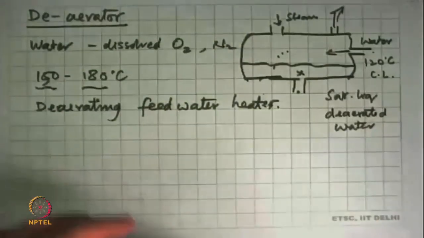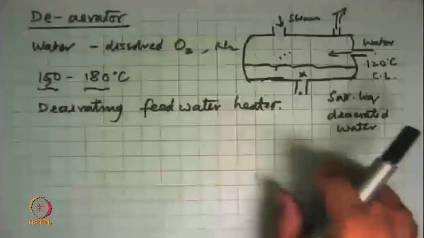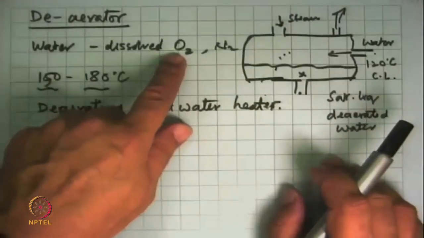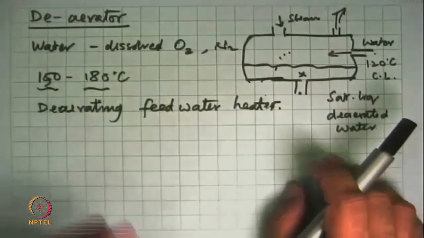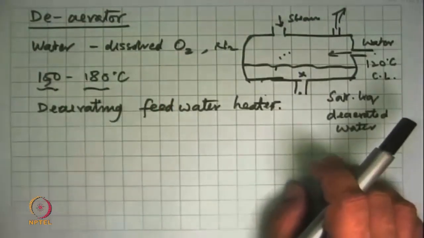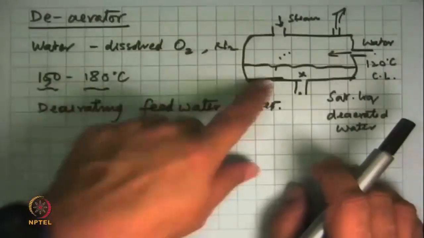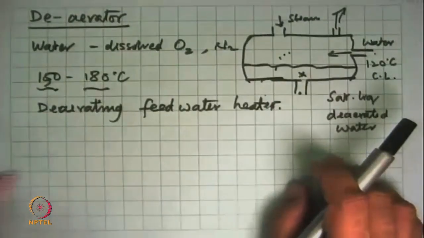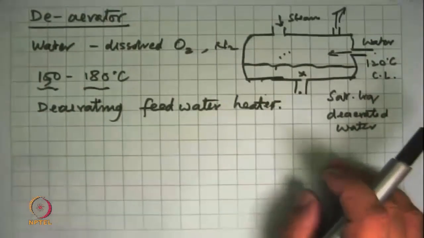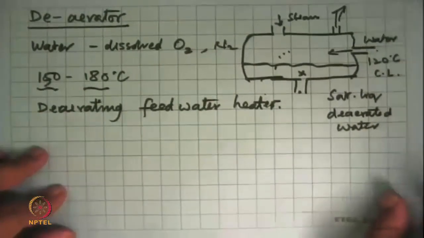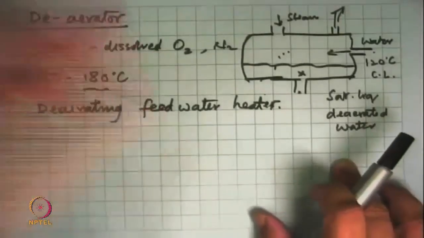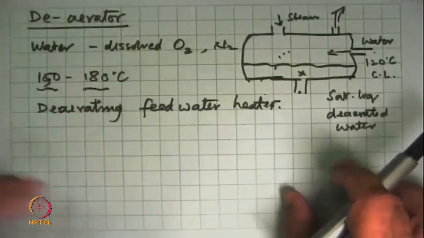And the higher the temperatures that one employs of the steam, the less is our ability to tolerate dissolved oxygen in the water. So as you go from 550 degrees Celsius to 600 to 700, we have to remove much more oxygen out of this water than what we have in say conventional power plants. So that's one of the engineering challenges, that if you want to increase the thermodynamic efficiency by going to higher temperatures, your oxygen dissolved in the water has to be brought down. There's a different set of things that one needs to put in place.